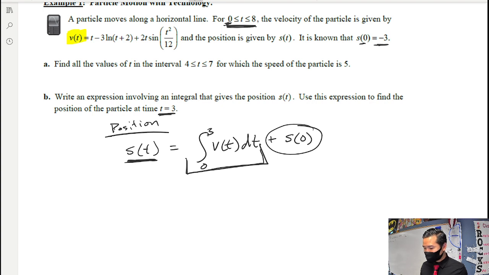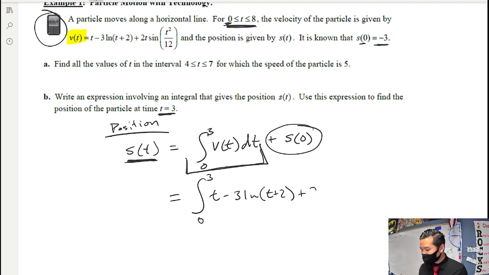All right. Anyways, let's finish up this problem right here. This is a calculator problem, meaning you don't need to do this integral by hand. And thank goodness we don't, because look at this function. It's the integral from 0 to 3 of t minus 3 ln of t plus 2, plus 2t times sine of t squared over 12,